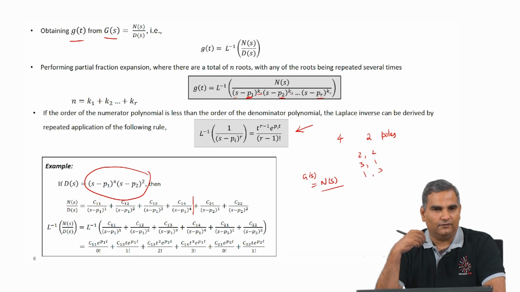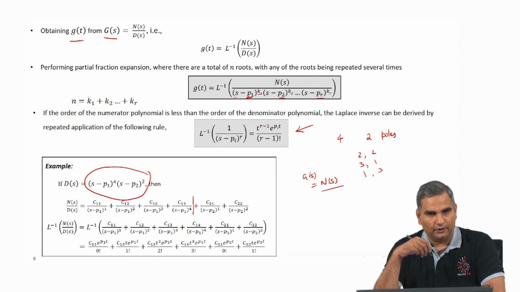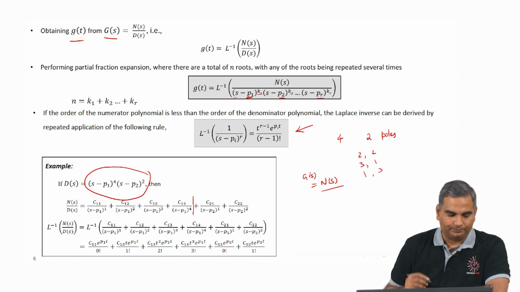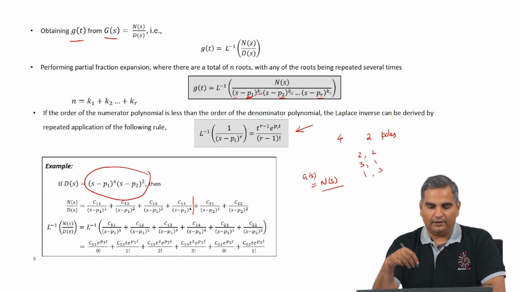So, as long as we learn the technique, so how to invert numerator by denominator polynomial, find the Laplace inverse of this numerator by denominator polynomial into time domain, then we can solve all kinds of problems. We do not have to really worry about how we will do the Laplace inversion again. The only question will be how do I get the transfer function, how do I get the I of s and so on.